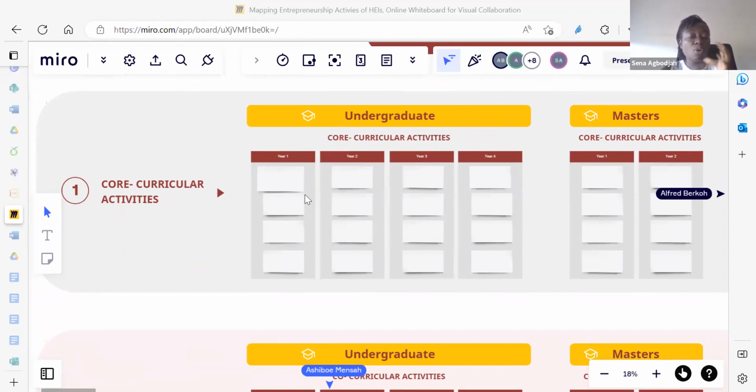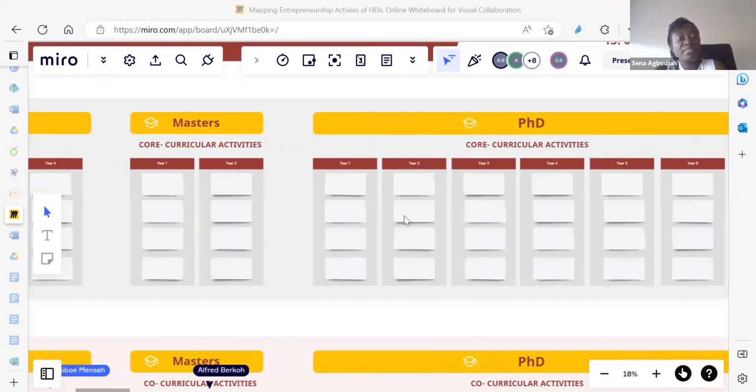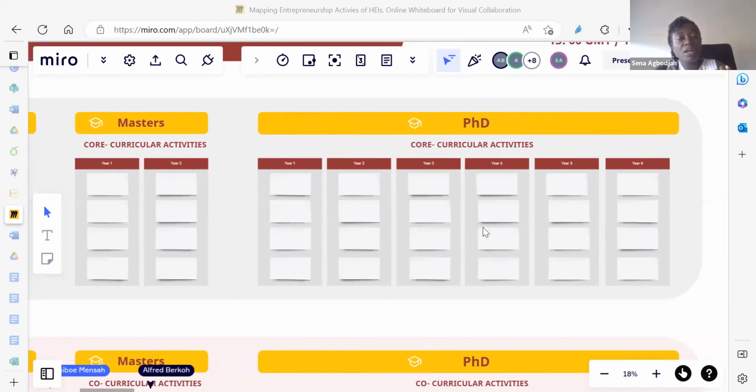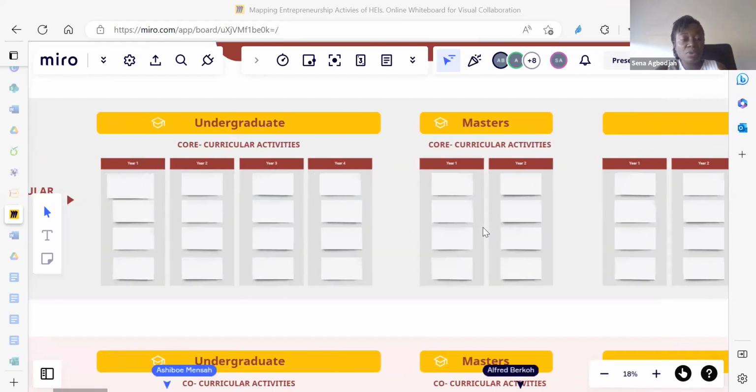Now, what we hope for you, or the picture we want you to have at the end of it, is to have it distributed for the different year groups that you have. This way, you are able to see very clearly how things are distributed and to help you move things around if need be. There's the master's level, and then there's the PhD, or doctoral level activities as well.